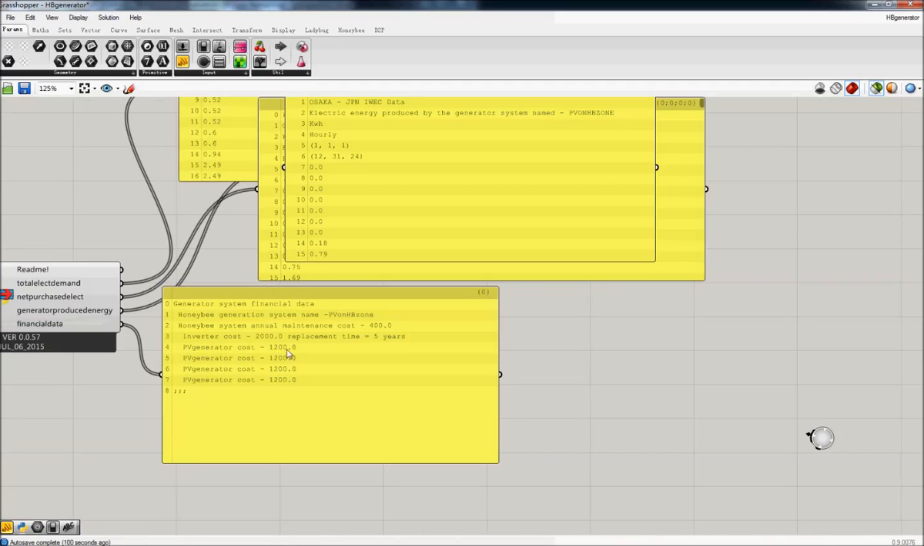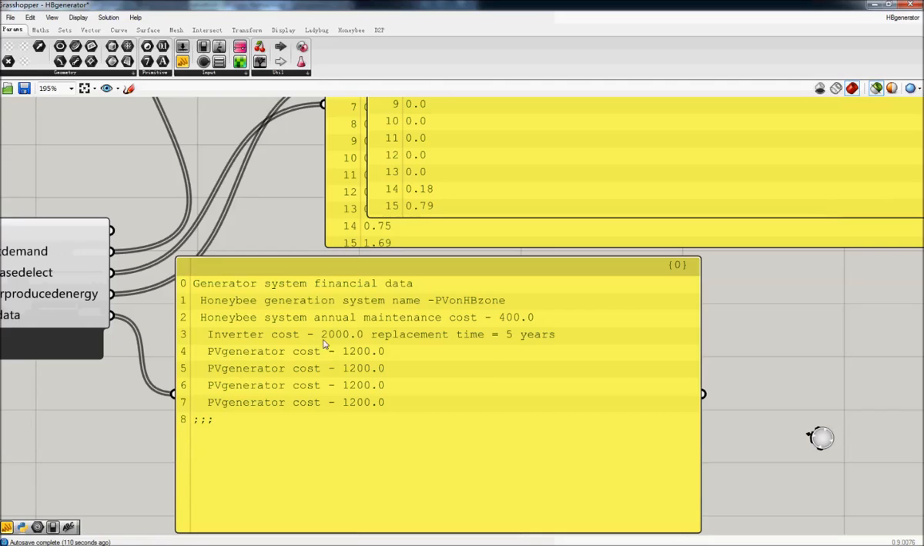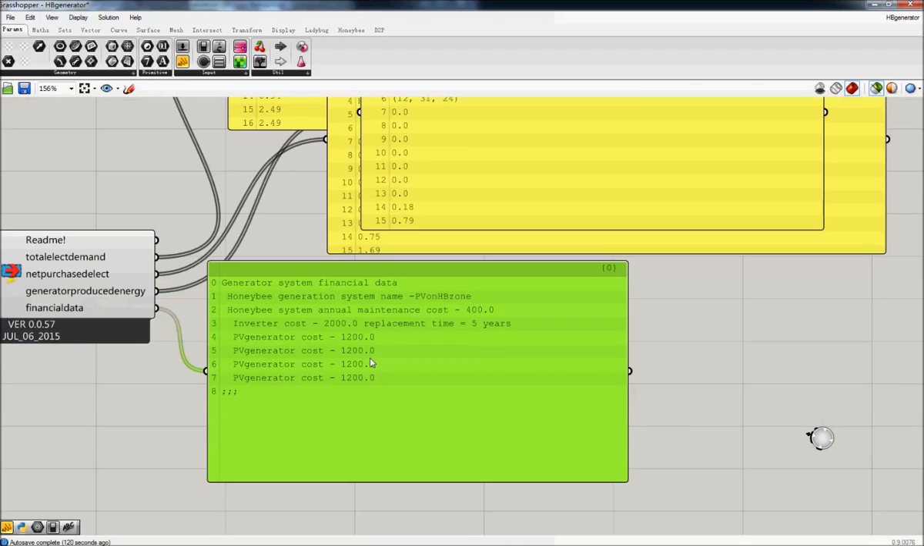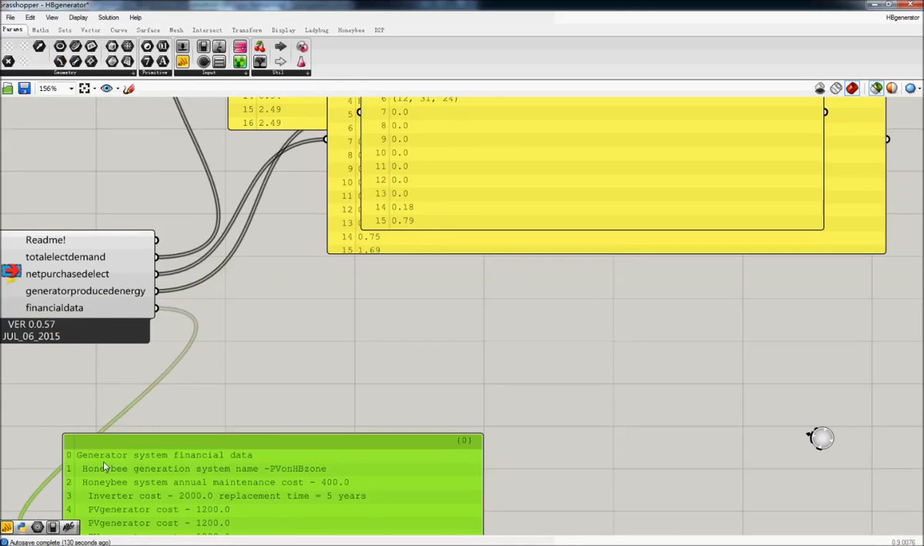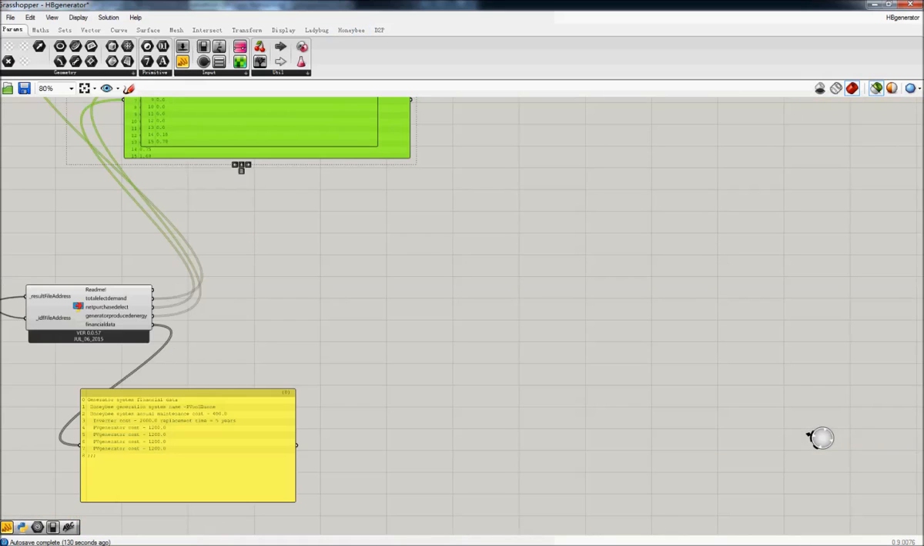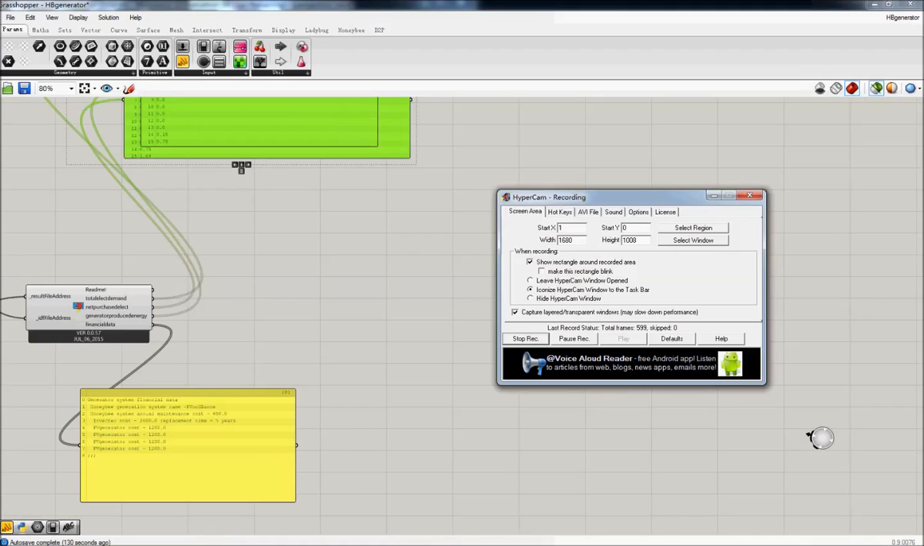So you've got 4 PV generators at $1,200 US each. The inverter cost is $2,000 US. The system maintenance cost is $400 US. So that's the financial data there. Like I said before, I will be putting US dollars there. It should say that. My apologies, I'll fix that up. Okay, so that's the raw data from the IDF,